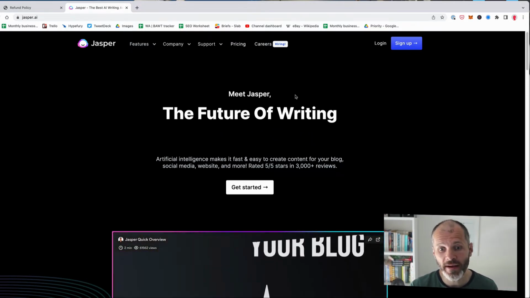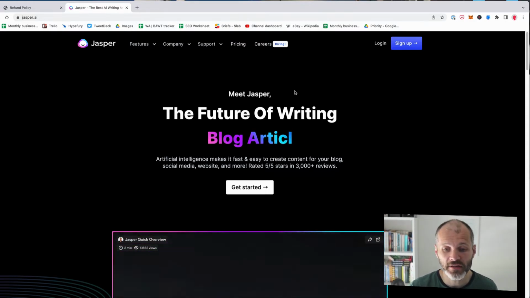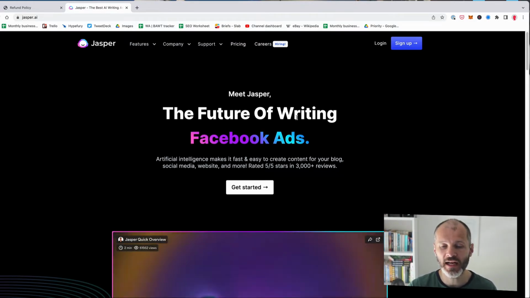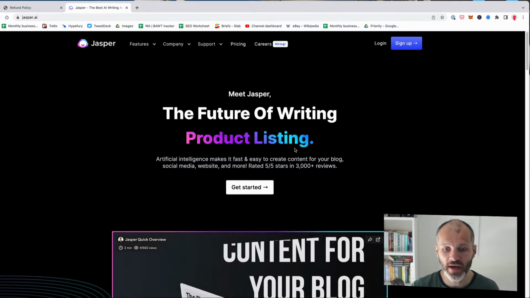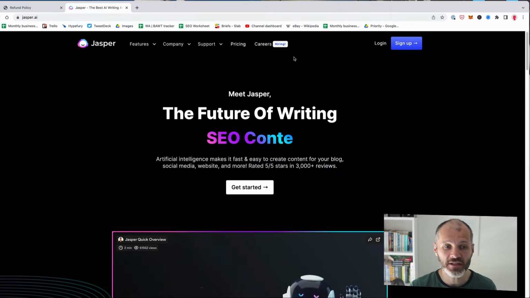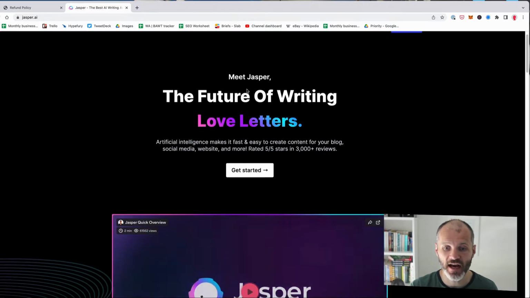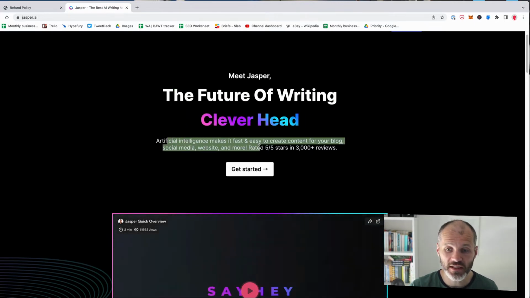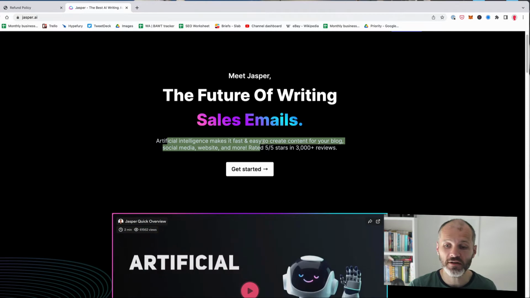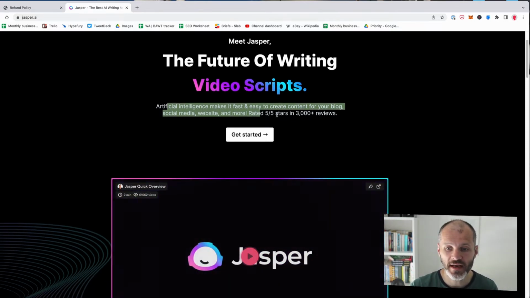But one thing that's caught my eye over the past year or two is how these forward-thinking writers are beginning to use AI to enable themselves to paraphrase content, rephrase content, and write for the web quickly and easily. Enter Jasper.ai, which was previously known as Jarvis.ai. Basically, it claims to be the future of writing, and it uses artificial intelligence to enable writers and non-writers, which is a key selling point, to create content for their blogs, social media, websites, and more.